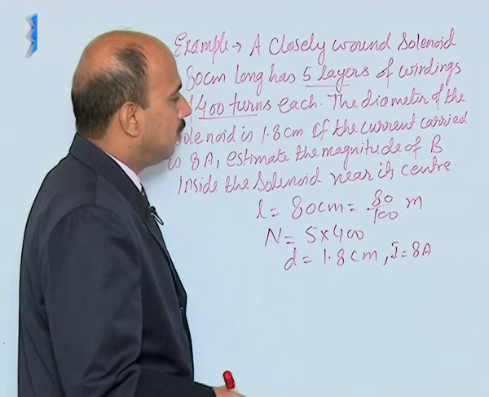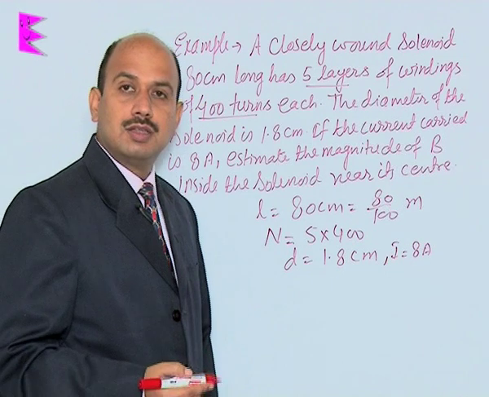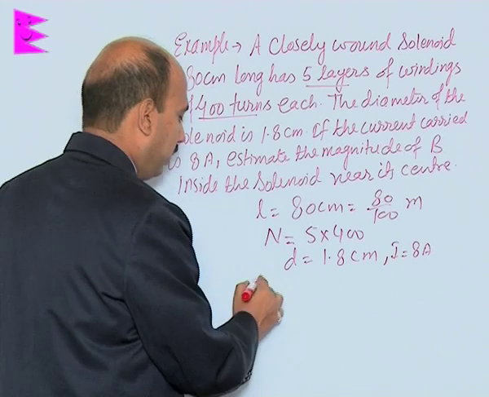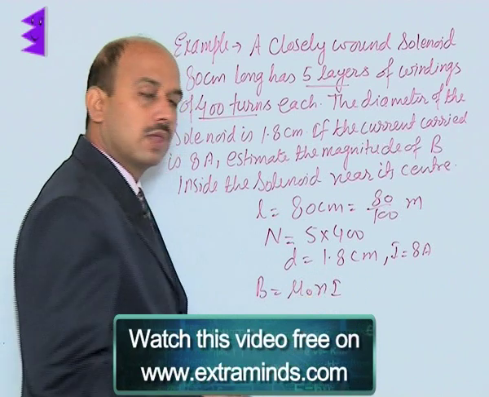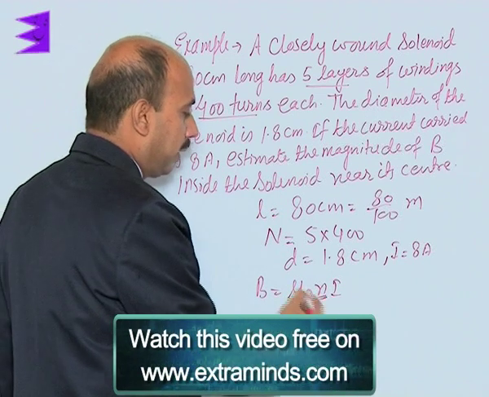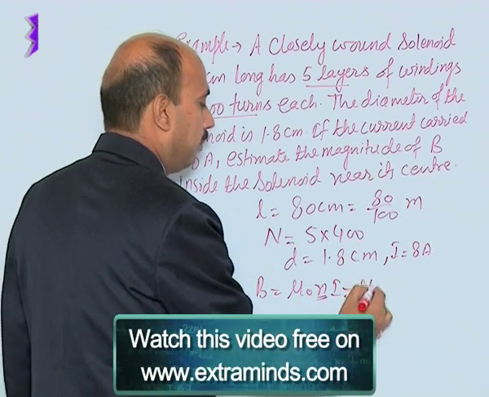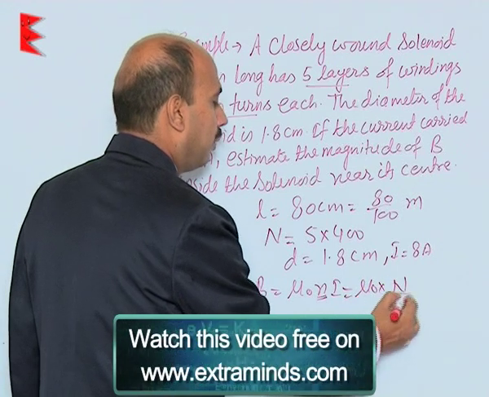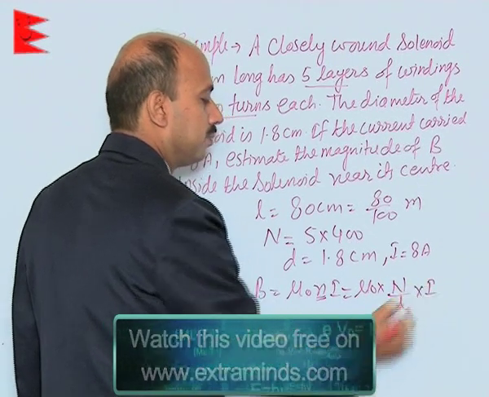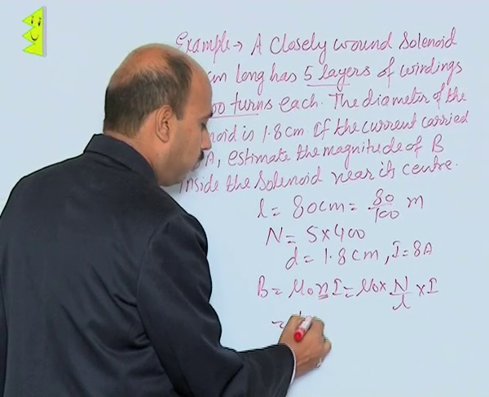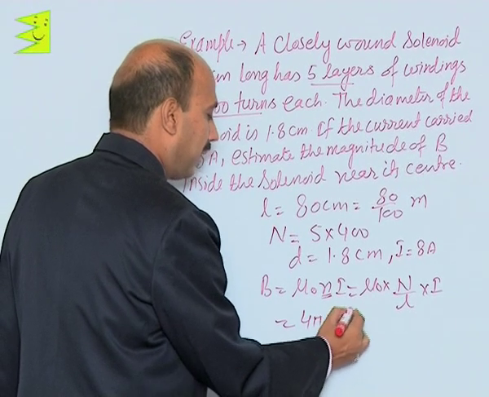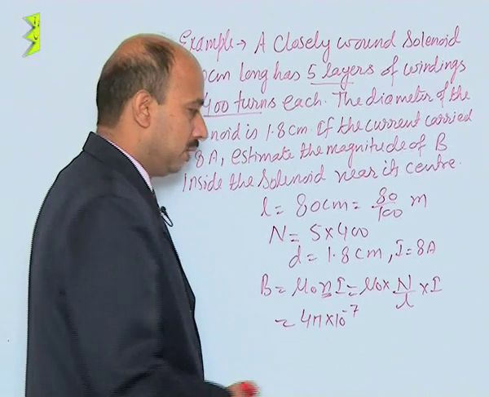We have to calculate magnitude of the magnetic field inside the solenoid. So we know it, B is equal to mu naught n i, where n is the number of turns per unit length. We can write mu naught into N upon L into I, and we know it, mu naught is 4 pi into 10 raised to power minus 7 Tesla meter per ampere